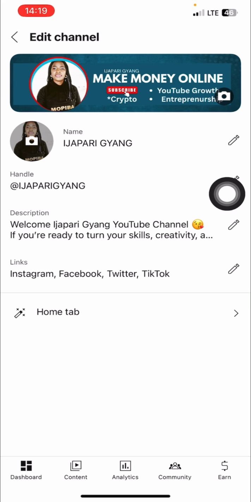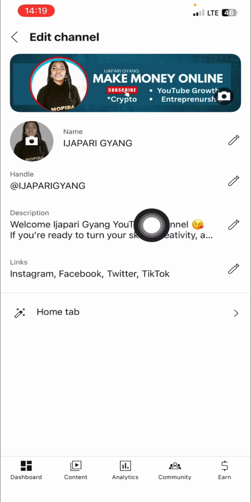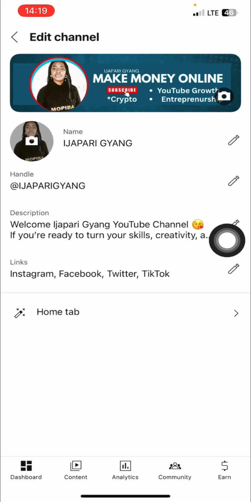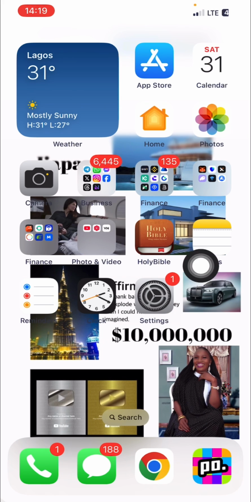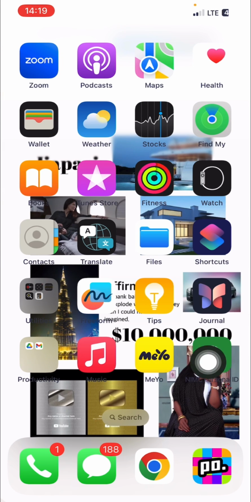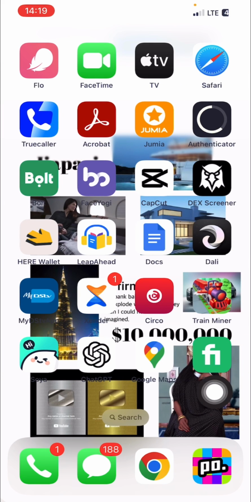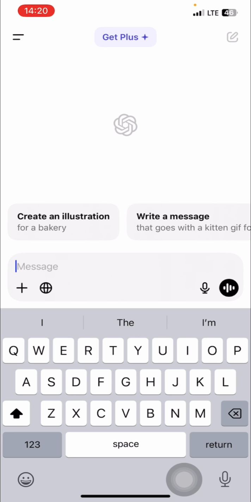And you don't have to bother yourself much with this. All you need is like this one. Now you can just go to ChatGPT and just tell ChatGPT, my name is Ijapari Gang, and okay, let me just show you practical even. You can also download this app because we are going to be using it, ChatGPT. So you can just go to ChatGPT and say